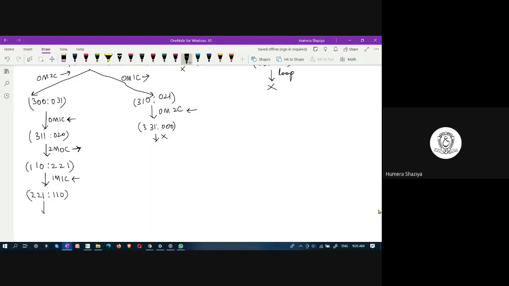Yes. Next. Then now we can take 2 missionaries to the right side. Yes, 2 missionaries, 0 cannibals to the right. 0 2 1 colon 3 1 1.